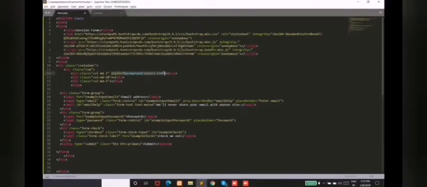Copy this here as well. We have to close that semicolon. Oh, not red. Green.